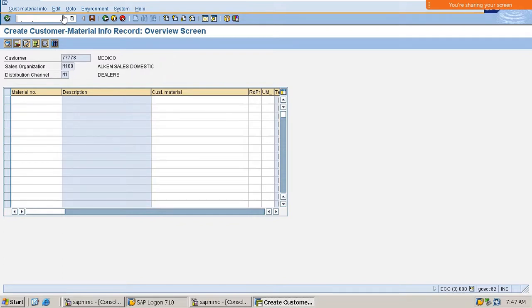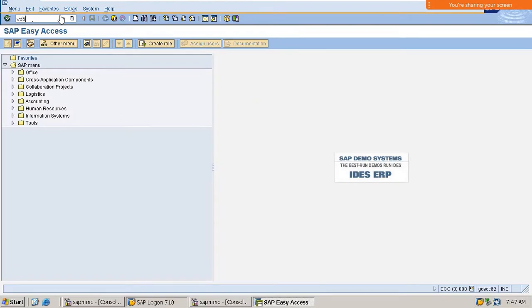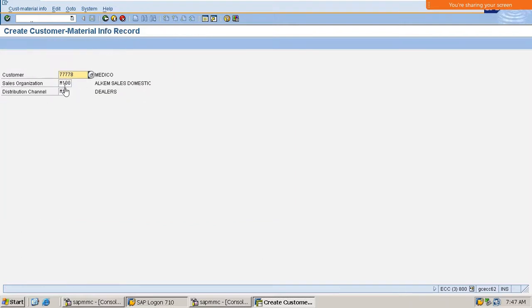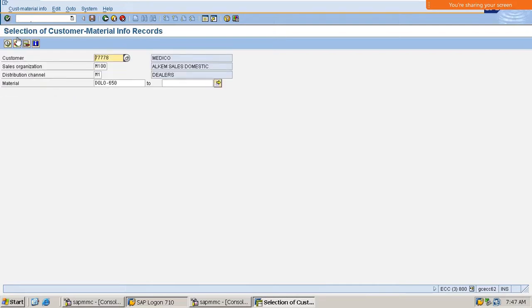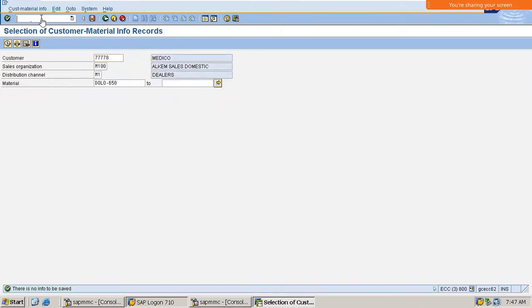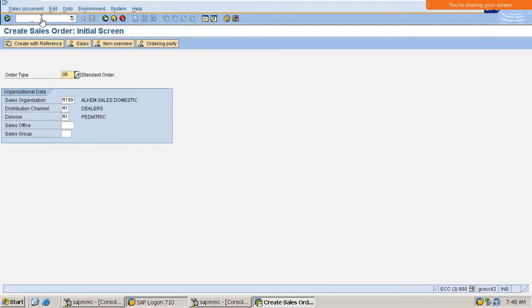I will cut till here. So as we have discussed, if we go into VD51, here we can see M100. Let us go to the change mode of CMIR. Here if we go inside this one, see here we have given the plant as M200, right? And let me create the order,